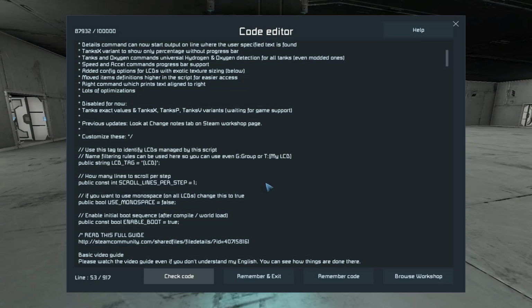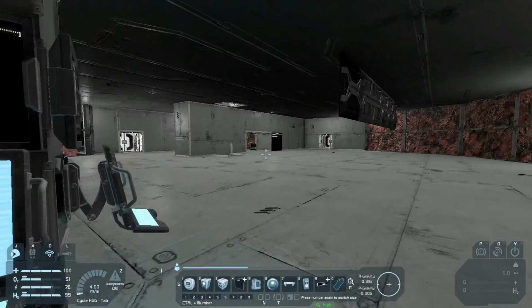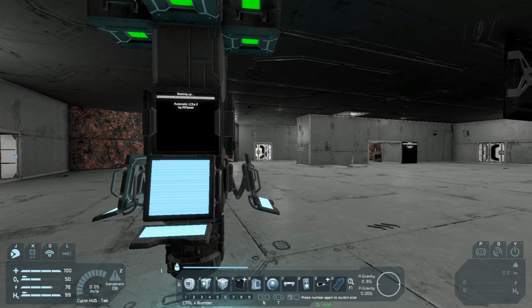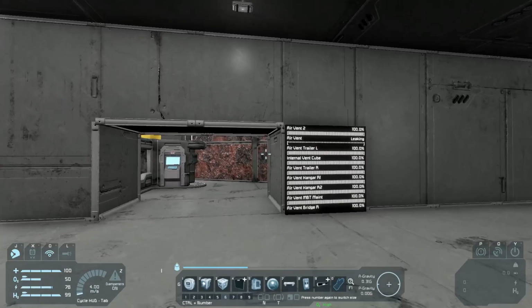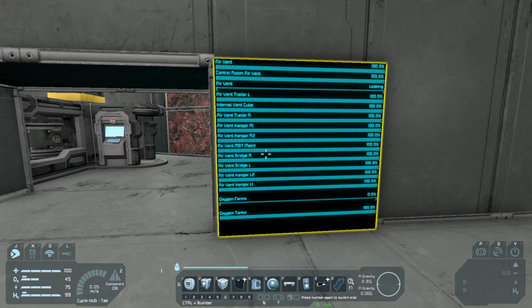Check code. Okay. And remember an exit. There we go. And now, yeah, you can already see that it's booting up over there as well. And we should get our oxygen status over here. Excellent. Let's go ahead and throw in another custom data thing here. And I want to do tanks star oxygen, I believe should tell us